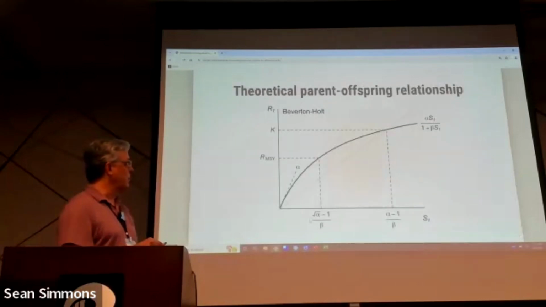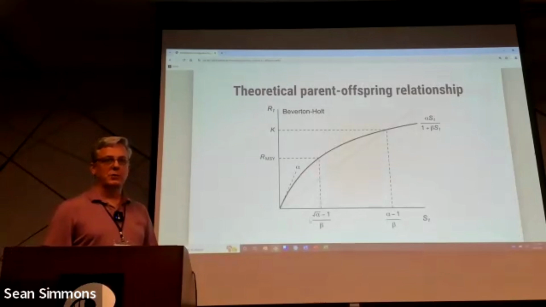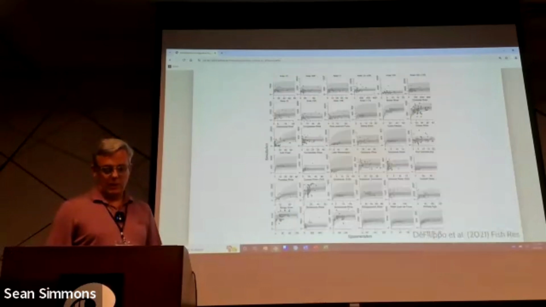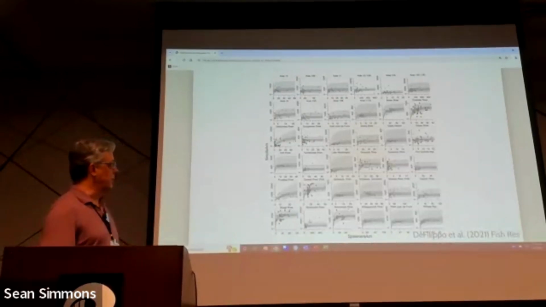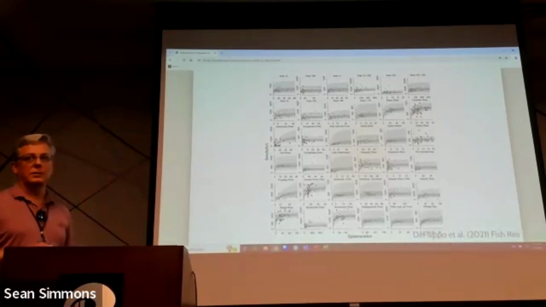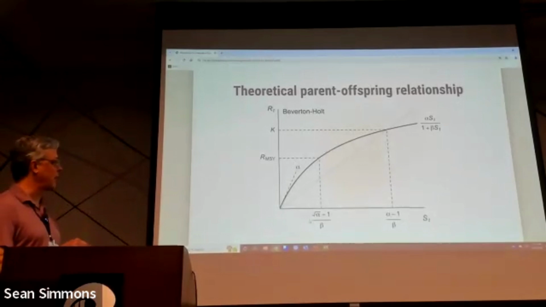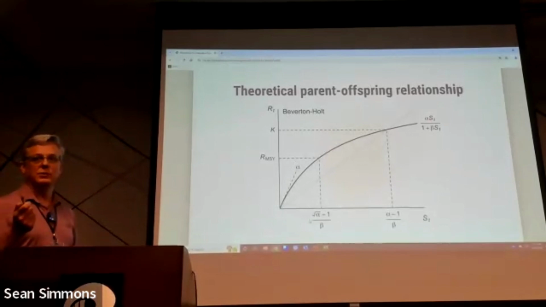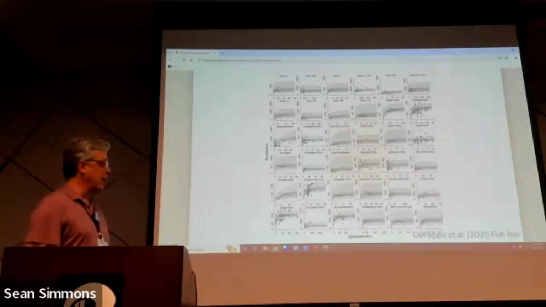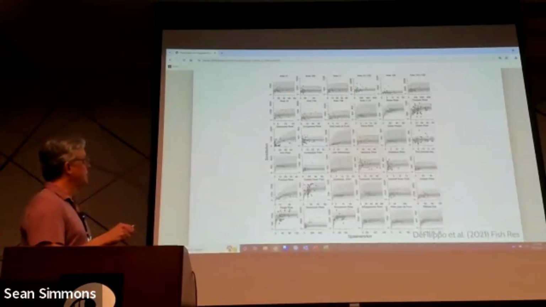Here's our theoretical parent-offspring relationship, Beverton-Holt in this case. Here's what the real estimates look like. So this is kind of funny for me because when you start talking about this thing, everyone expects that all these data points are going to lie right on here, like an R squared of 0.9 or something. There's the reality of the situation. Here's all of our different